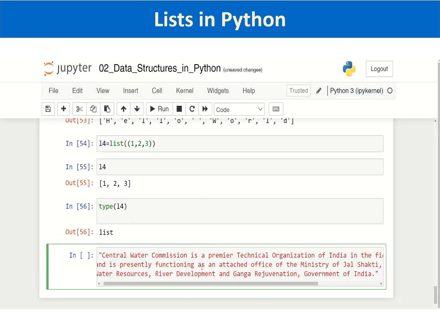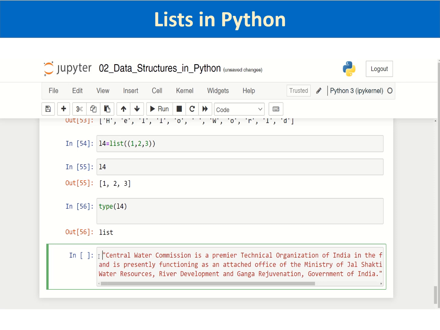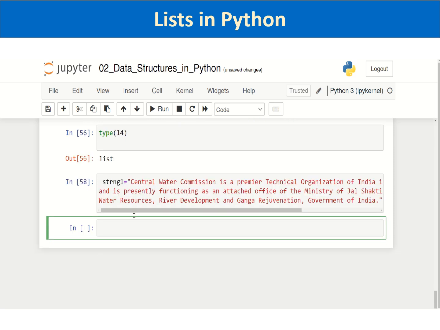I am taking this string and passing it to a variable called string1,